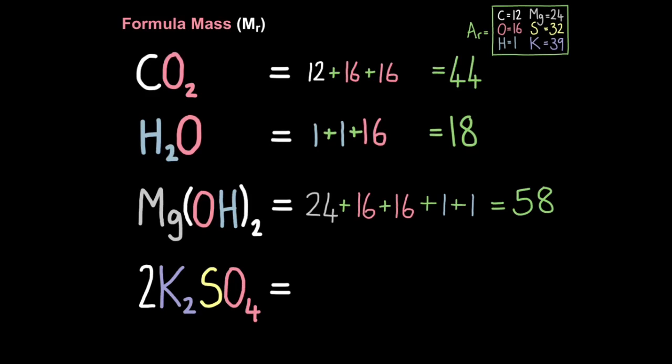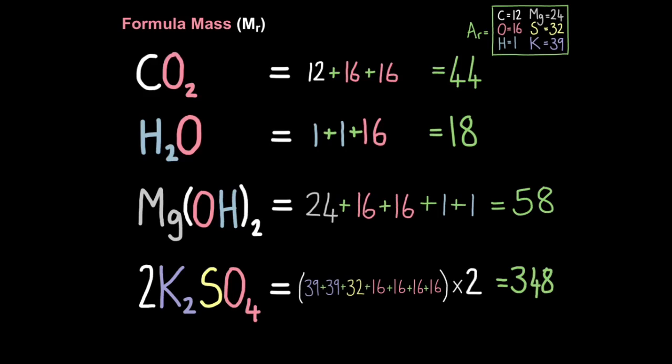So what I recommend for this one is work out the mass of potassium sulfate, ignore the 2, and then whatever it is afterwards, just double it. If you had a 3 here, then you triple it. So you're just multiplying this by the number of molecules indicated by the large number at the start of the